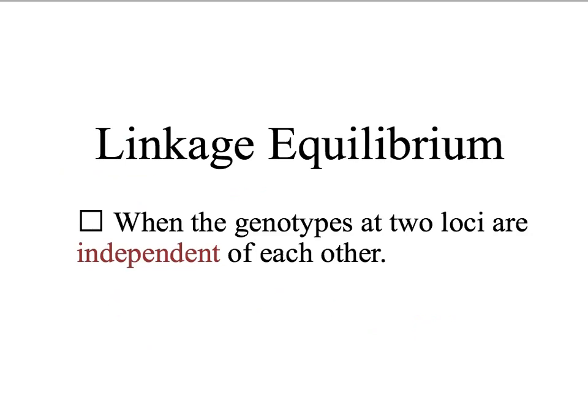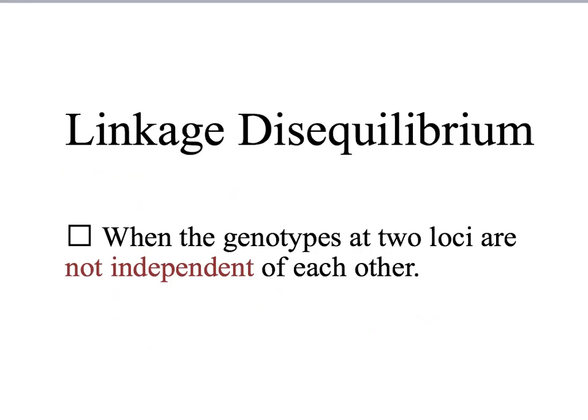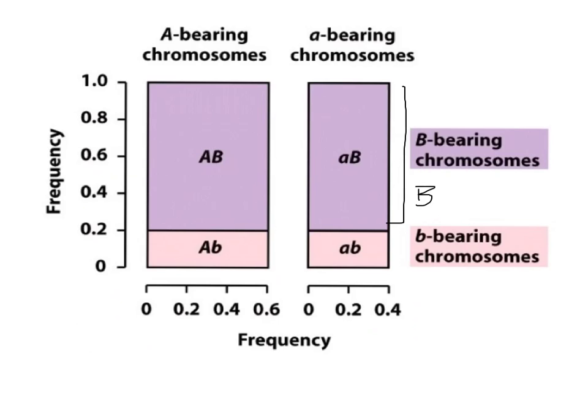When two genes are linked, there are also two situations, linkage equilibrium and linkage disequilibrium. Linkage equilibrium means when the genes at two loci are independent of each other. And linkage disequilibrium means when two genes at two loci are not independent of each other. That is frequency of big B allele, that of little b, frequency of big A, that of little a. You can see from this picture,